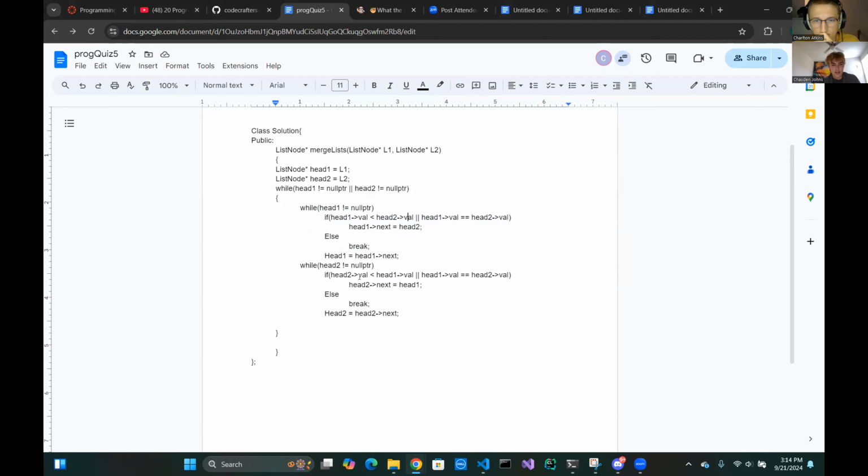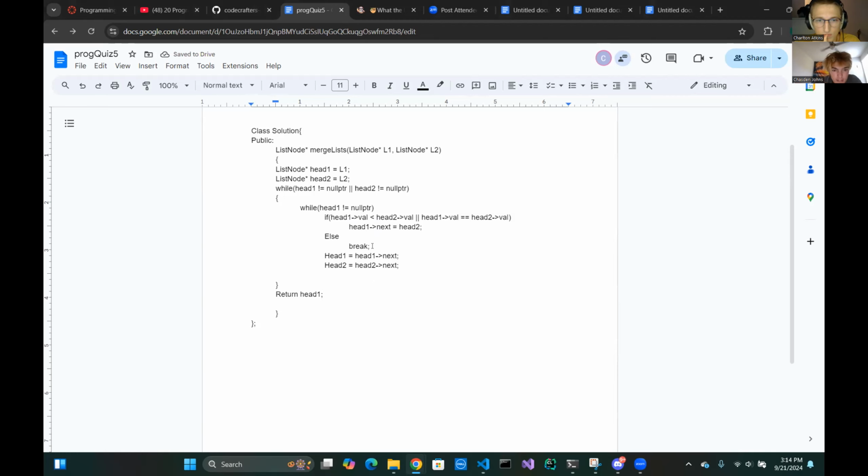In that case, until it's bigger than the head two value, then what I could do is just move both. I just move head two to head two next, then it would erase even needing this. Is this all you need? Wait. And then I think after, if I just return head one,